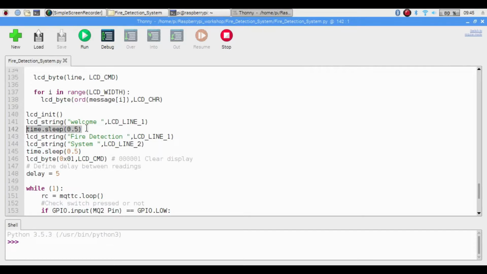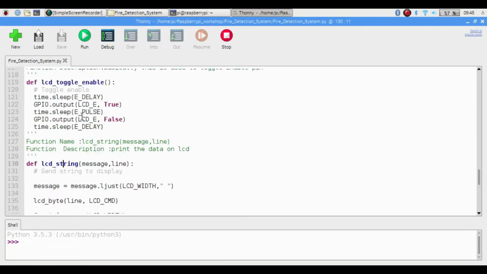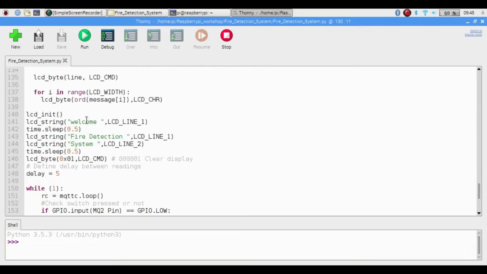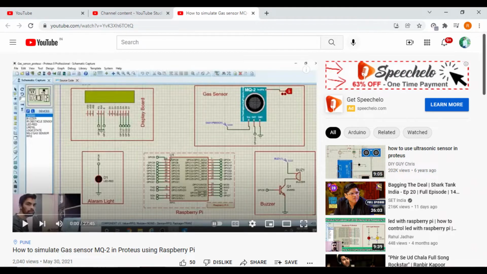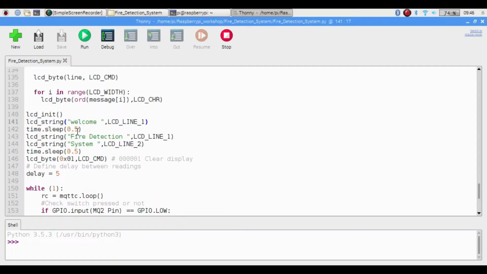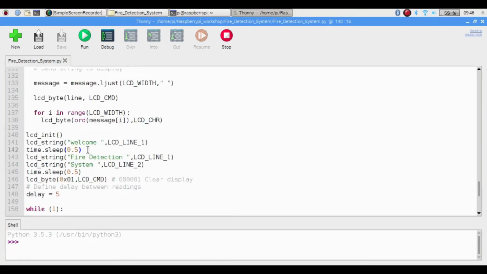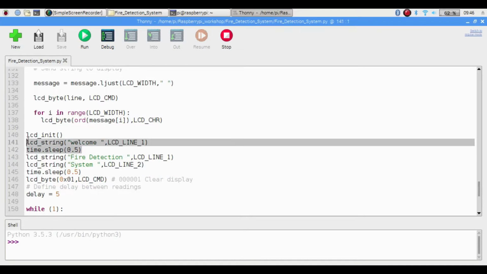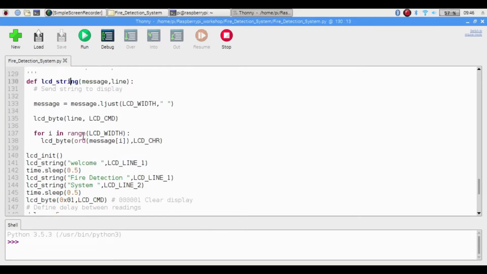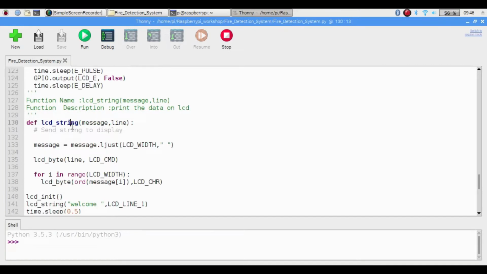If you really want to learn the importance of each and every function, then you can watch that video. I will give the video link in the description, or you can find the video image on the screen also. Till the welcome message I have already explained each and every line in the proteus simulation video, so you can watch that video. If I explain those lines here again, it will take another 20 to 30 minutes. So if you really want to learn that code, just go to that video and watch it, along with the program installation for that code.